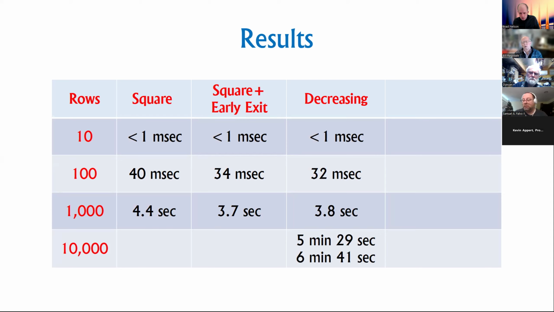So there is some overhead in there. I expected a greater improvement, but I didn't get it. The 1,000 row sort goes to 3.8 seconds, which is shorter than the square, but slightly longer than the square with an early exit. And finally, the 10,000 row shows you this n squared penalty, because I did it a